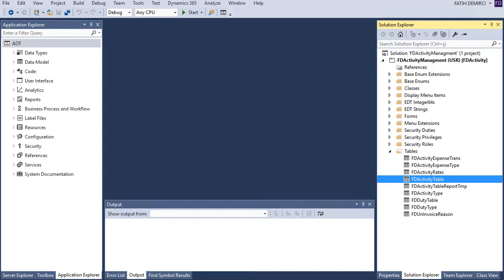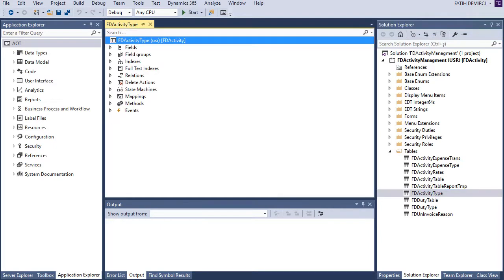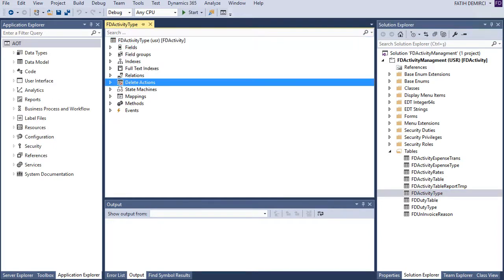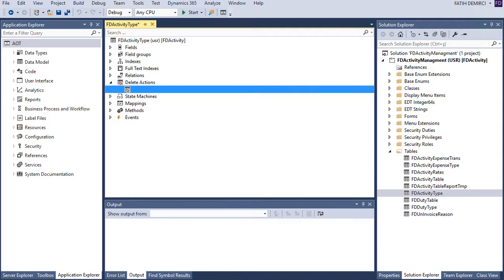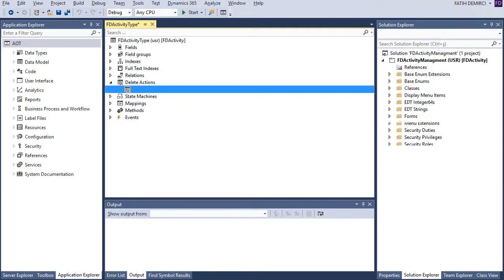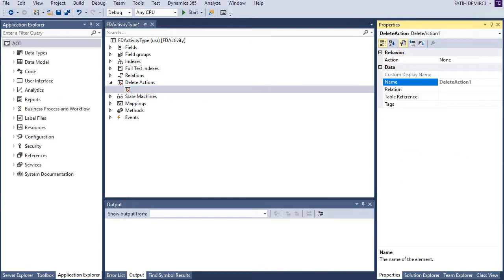So let's look at our project. We have activity table and activity type. For example, when I try to delete an activity type and there are activities about this type, what will happen? So let's look at this one. Create new delete action, properties, and